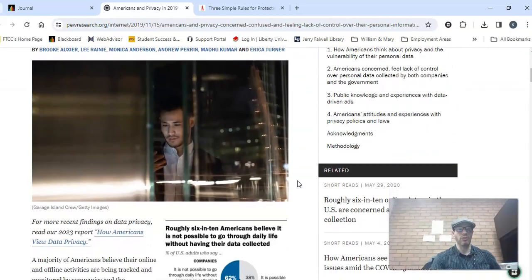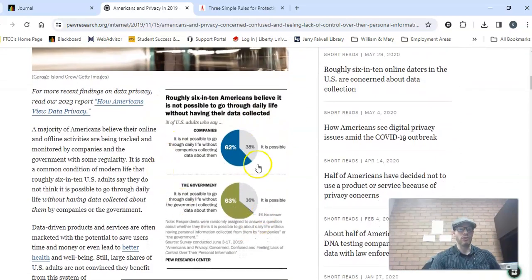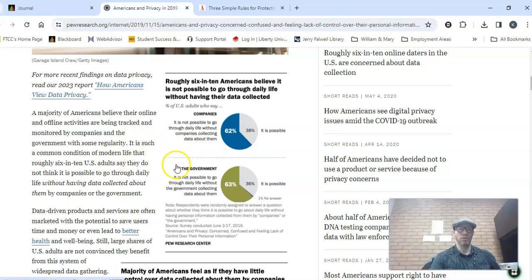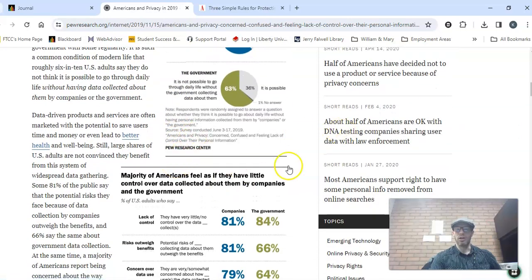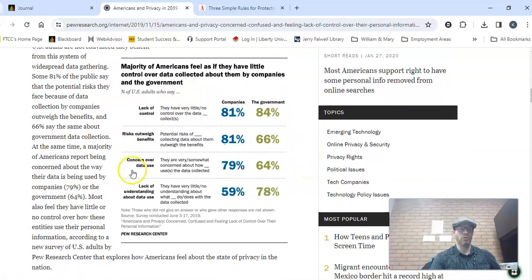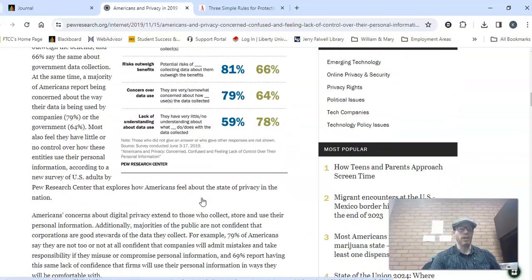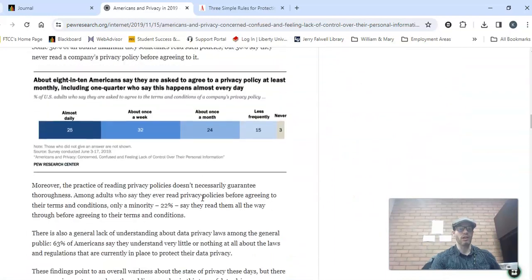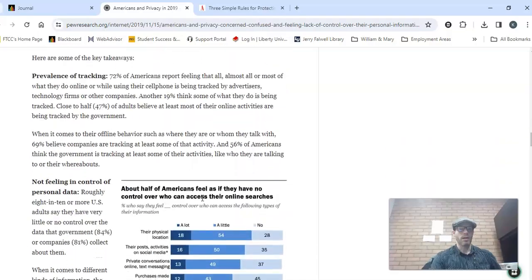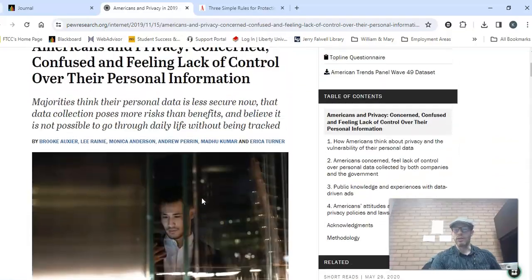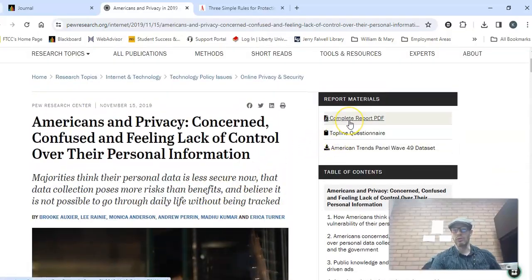And if you just scroll down on this, you see that, oh, there's all this data here. Look how it's organized. Do we see artwork and stuff? Nope, it looks much more professional. There's language in here that is of a higher level as well. If you actually look up at this area, and if you were to click and download the report, it's 63 pages of data. So you have to think to yourself, okay, who are the authors for this? Well, we've got this person and all these other people,